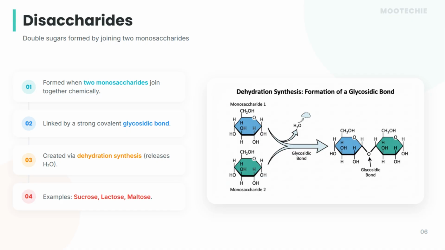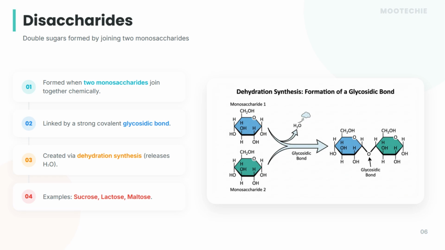Now, the diagram on this slide helps us visualize this. It likely shows two distinct ring-shaped structures representing the monosaccharides. One might be a 6-membered glucose ring and the other a 5-membered fructose ring. They're connected by a central oxygen atom, which is the glycosidic bond itself. You might see labels like GLU for glucose and FRU for fructose, indicating that this specific pairing forms a sucrose